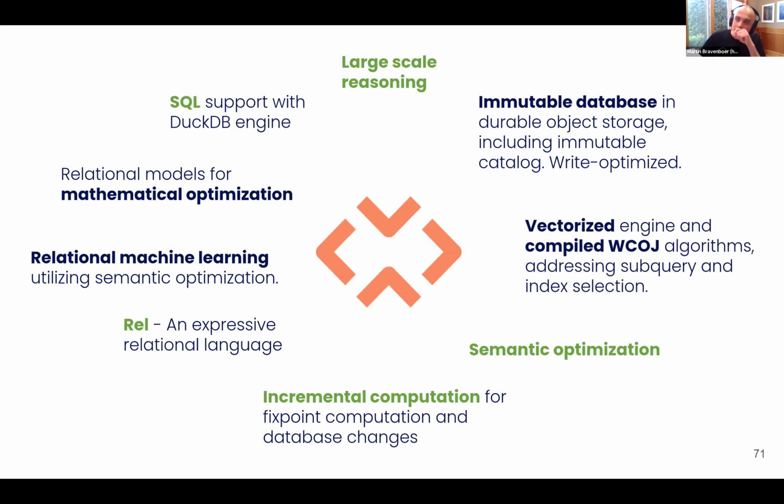All right, to briefly recap, I didn't even show everything that we do, but I highlighted in green what I talked about today. RelationalAI does large-scale reasoning. Hopefully that's become clear. Our system is immutable. It's a completely versioned, write-optimized data structure. We do worst-case optimal join algorithms, which are in the CMU talk if you want to learn more about how we use that. Semantic optimization I've discussed in some detail. Incremental computation, the Rel language. We do relational machine learning. Our machine learning does not farm out to TensorFlow or PyTorch or whatever. It's actually executed as part of the database system itself.